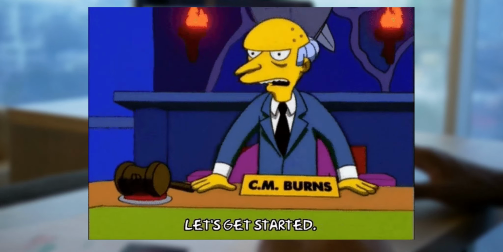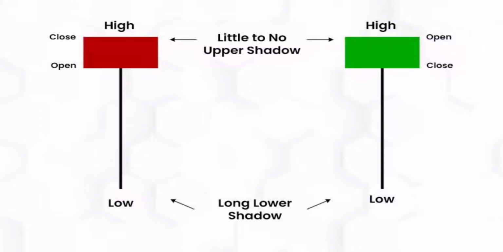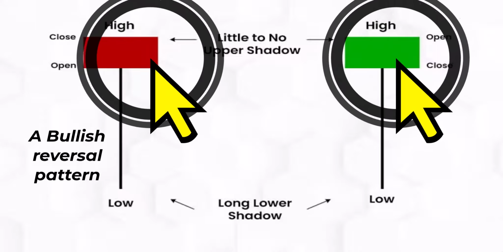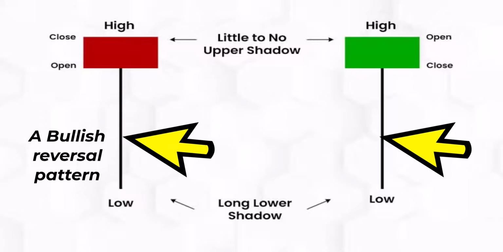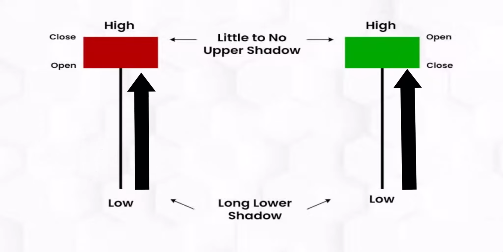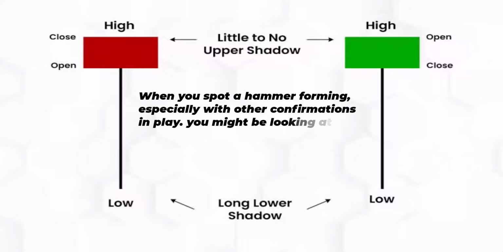Now, let's get started. One of my favorite candlestick patterns is the hammer candle. This is a bullish reversal pattern that typically forms after a price decline. You'll recognize it by its small candle body, long lower wick, and little to no upper wick. That long lower wick tells us something important. Sellers drove the price down, but buyers came in strong and pushed it right back up near the open. Ideally, this wick should be at least twice the size of the candle body. Now, when you spot a hammer forming, especially with other confirmations in play, you might be looking at a